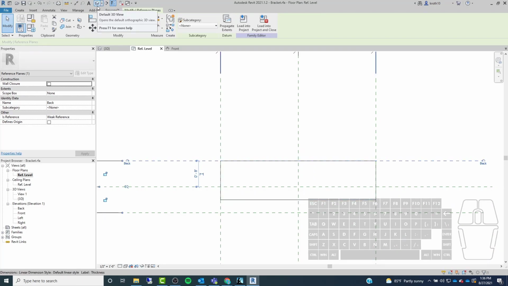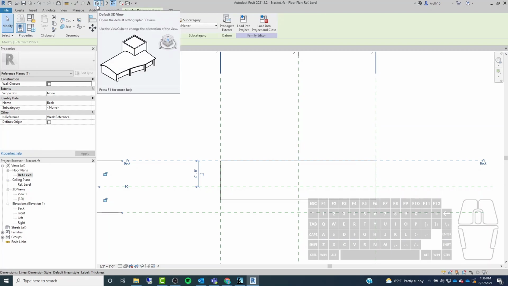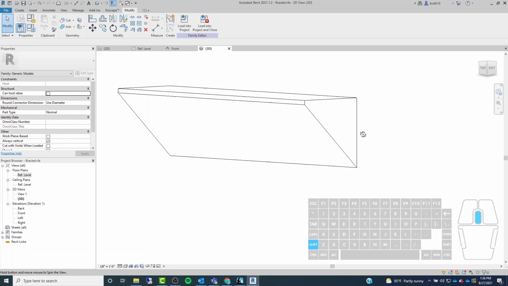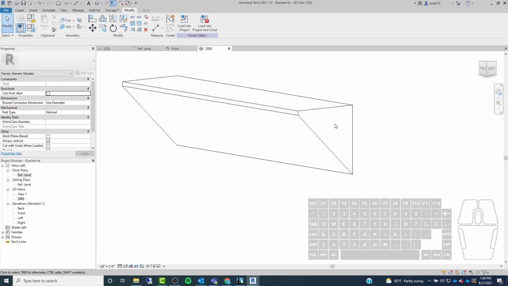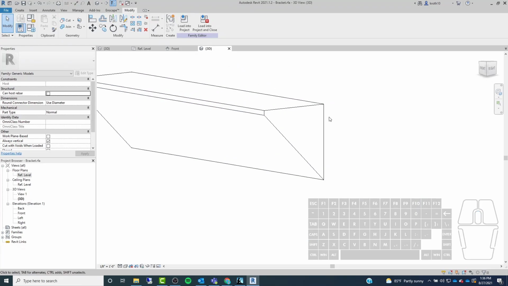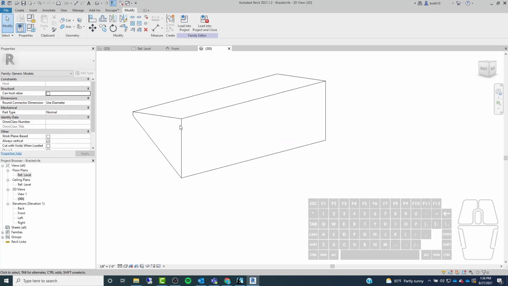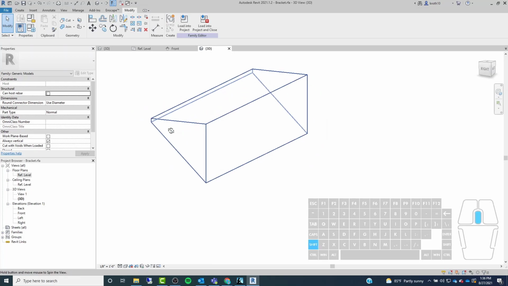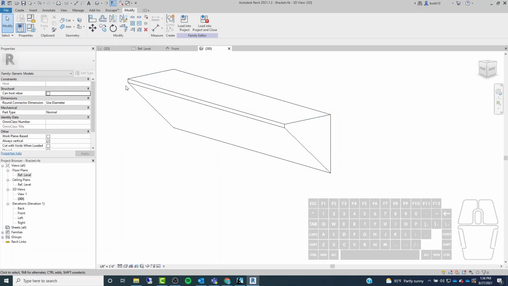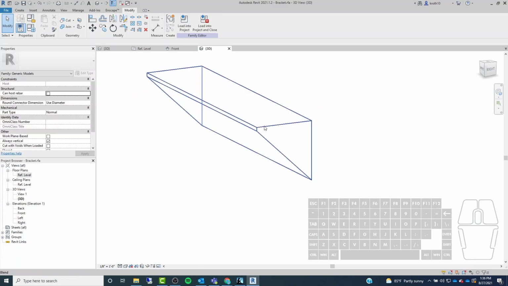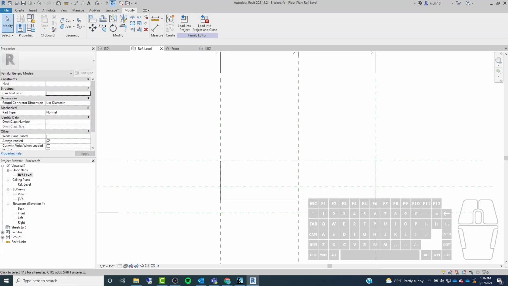And then if I switch over to a 3D view, you're going to get a good idea of what we just created. So as you can see, we sort of have this triangular extrusion shape. What we made was, first we made the profile for the back, which was this kind of rectangle shape. And then the second profile we drew was the smaller rectangle shape, and then it just lofted between the two of them like that. All right. So now what we're going to do is